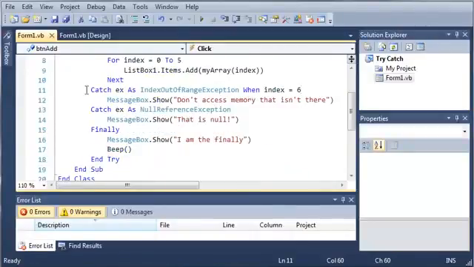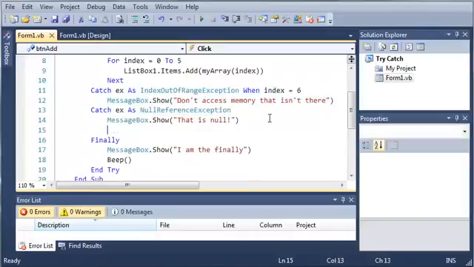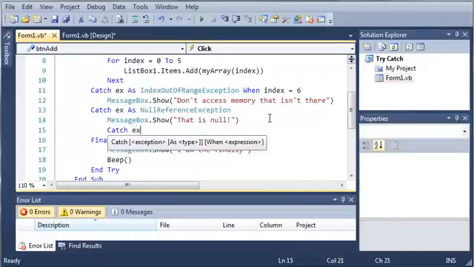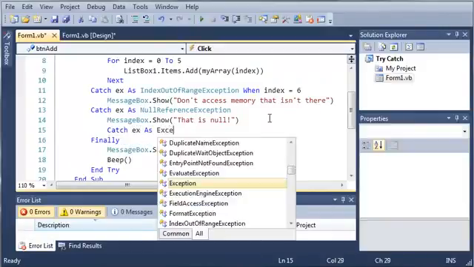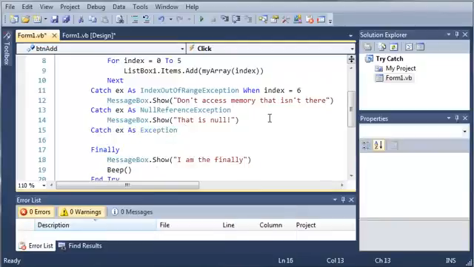So what we can do is, if we really want it to only run when index is equal to 6, we can add a catch ex as exception right here, and this will catch anything that hasn't already been caught. Let's say we use a when keyword and it's not going to catch it, we can go ahead and catch it down here. So we'll just type